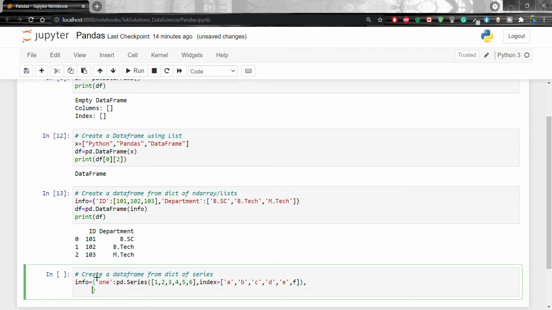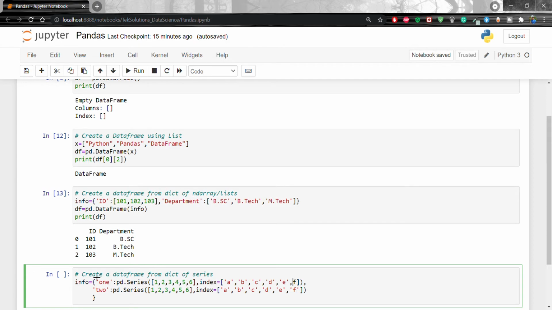Now I'm going to add one more, that is 2. pd.Series, pass 1, 2, 3, 4, 5, 6 and the index will be a, b, c, d, e, f, and G. Let's increase here 7, 8.